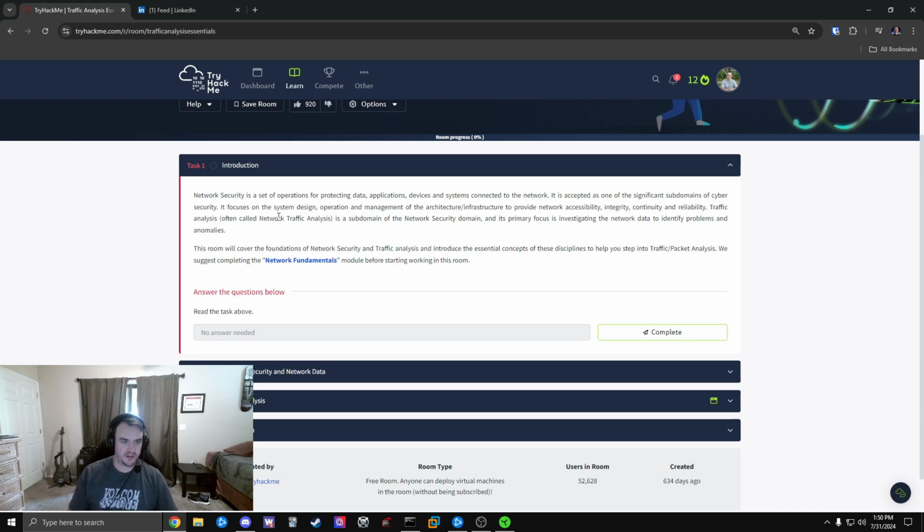Introduction. Network security is a set of operations for protecting data, applications, devices, and systems connected to the network. It is accepted as one of the significant subdomains of cybersecurity. It focuses on the system design, operation, and management of the architecture, infrastructure to provide network accessibility, integrity, continuity, and